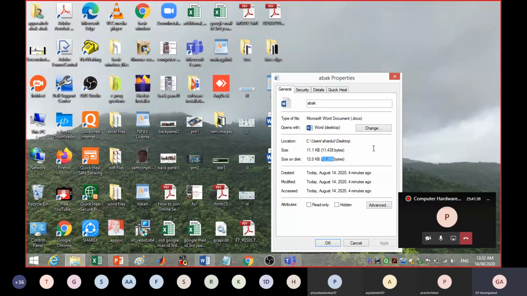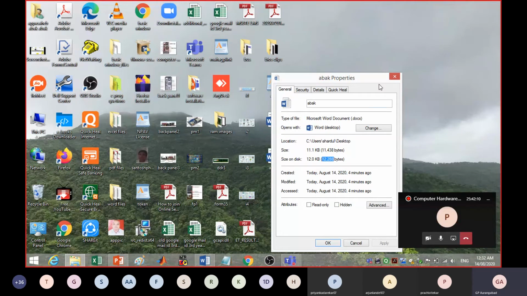The larger the cluster, the more wastage; the smaller the size of the cluster, the lesser the wastage of your data space. But some optimum cluster size is selected by the operating system. It is also in your hand. You can select it during formatting. You can decide what the allocation unit should be, whether small or larger, depending on how many files you are going to store in a partition. Accordingly, you have to decide.